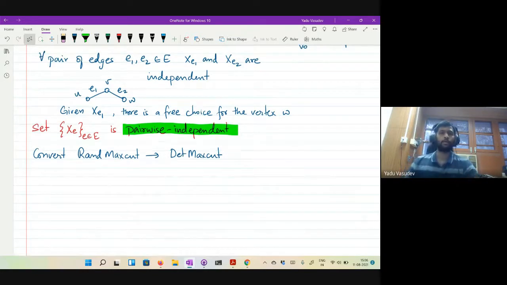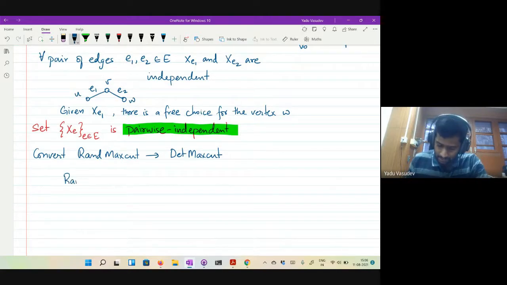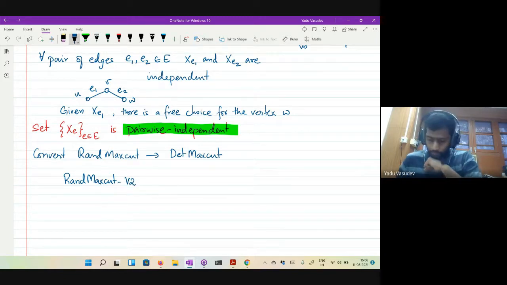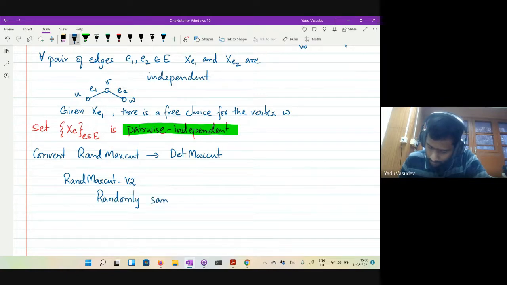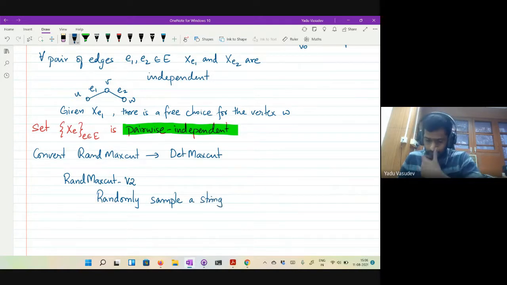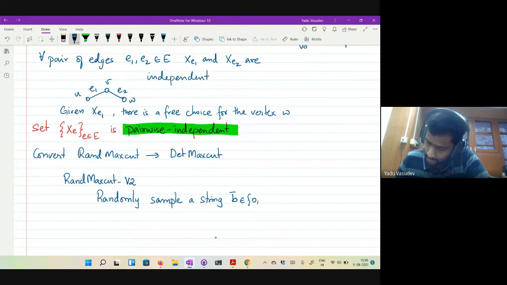So here is how we are going to go about this. Let me write a new randomized algorithm, rand max cut 2, version 2. We will randomly sample a string b bar of log n length.